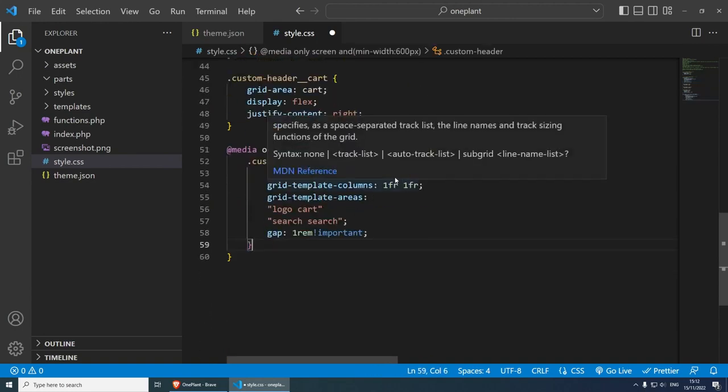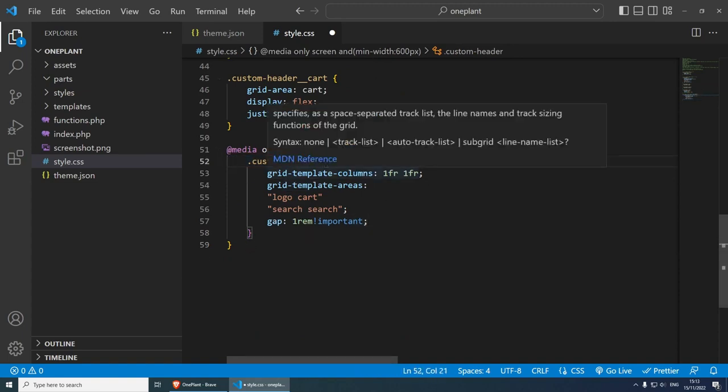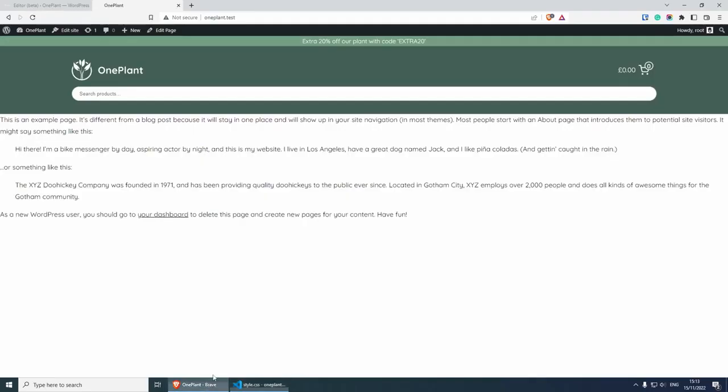We already have grid on it, so we don't need it. It flows downwards, and then we have grid-template-columns. We can do 1fr 1fr 1fr. We can put the search inside here in the middle and close this pretty much. And maybe we'll see if we need to control the gap in a second. So if I was to refresh now,